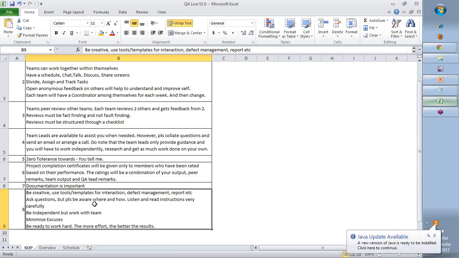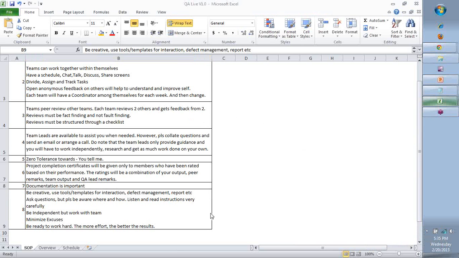For example, I love GoToMeeting if there are more than 2 people that I need to interact with at the same time. Otherwise, I'll use Skype. So with different factors, we will do different things. Do not waste too much time on these decision factors. It will take away your time otherwise. You work independently with the team.